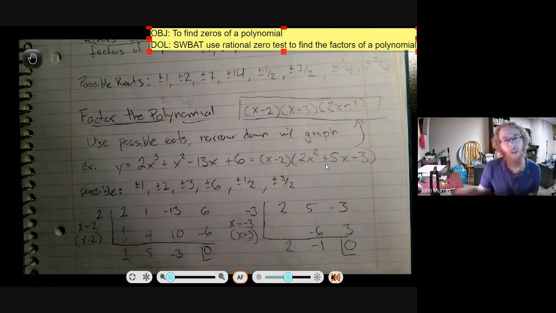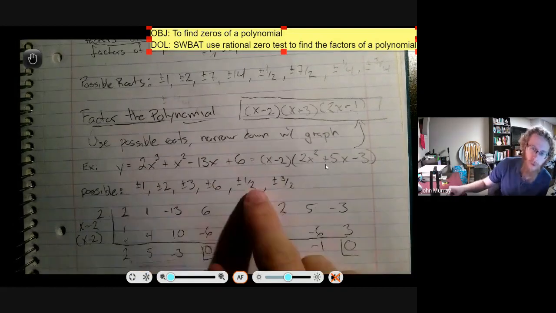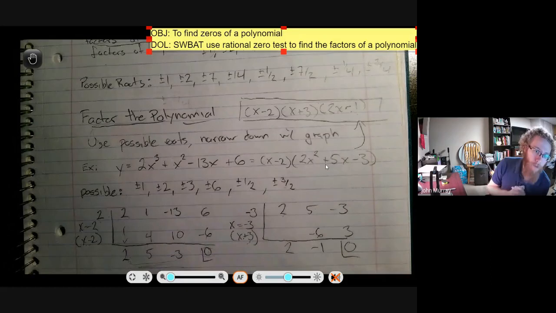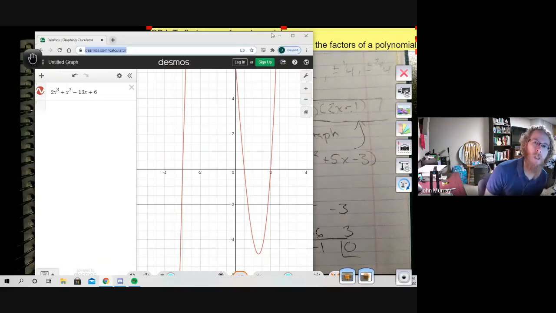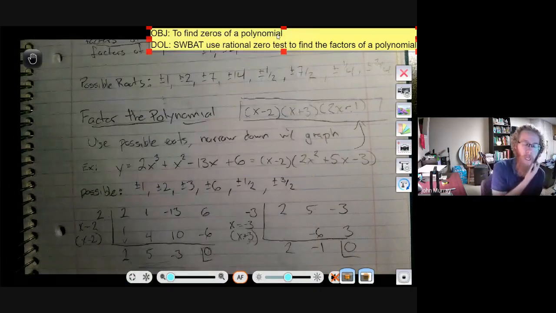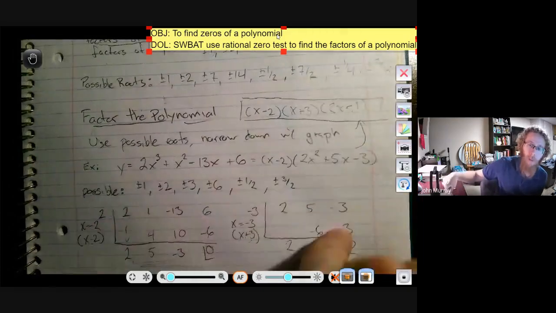Okay, so for homework tonight, you're going to try something like this. I'll try not to make it too crazy, but do the same steps that we did. Find the possible zeros. Try to look at a graph. Again, you have the website Desmos.com/calculator. You can use that website. If you have an app on your phone, you can use that. So find the possible zeros, look at the graph, narrow it down,